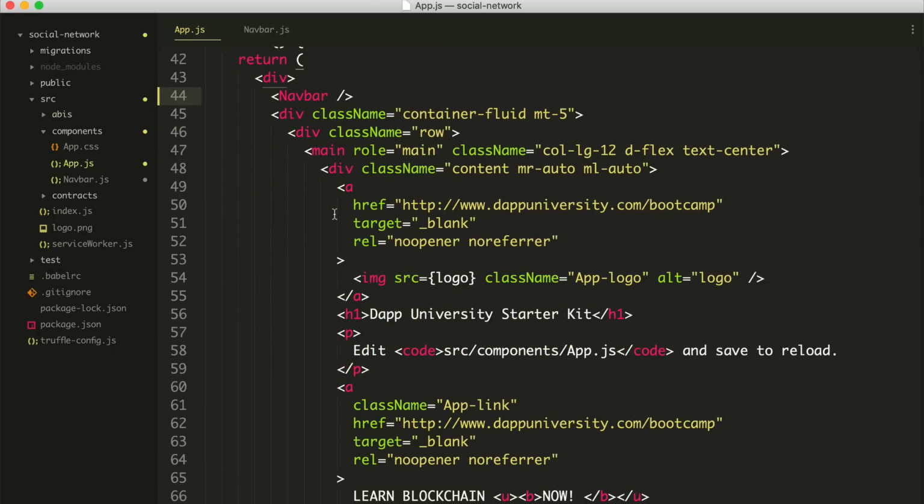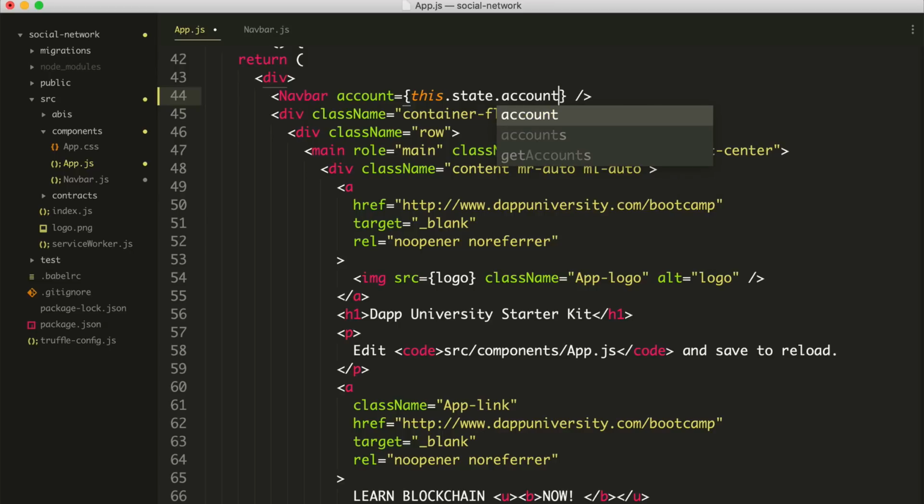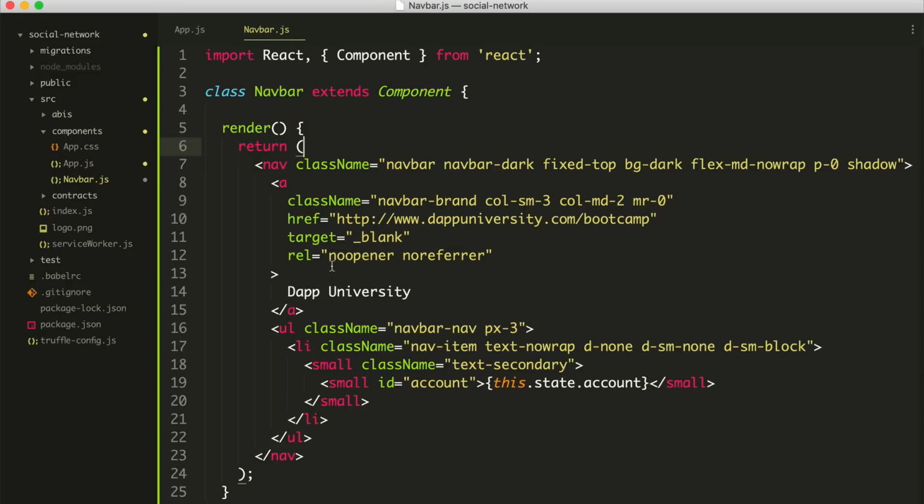So we do that like this. We say account. We can just tell this component what the account is going to be. And we can say this.state.account, which is what we used originally. And that'll pass this account variable down here. So we read that account variable inside this component, not with this.state.account, but with